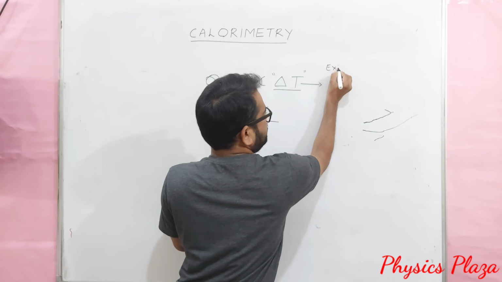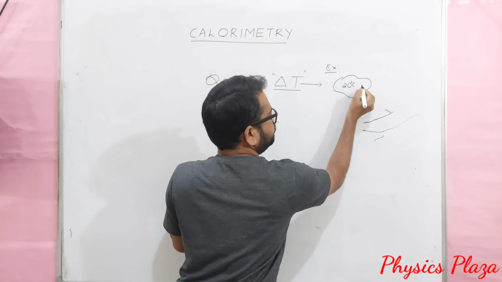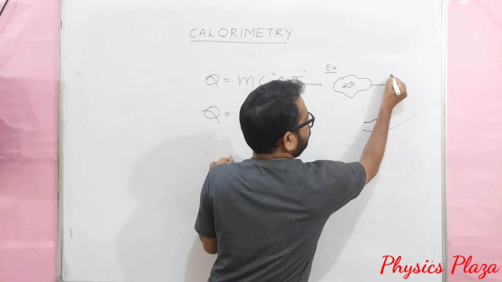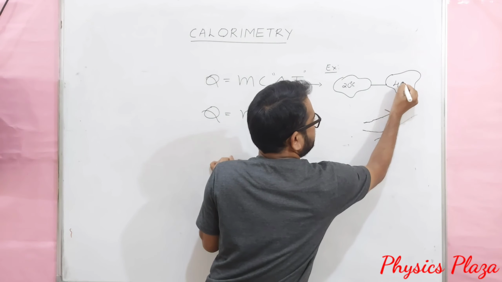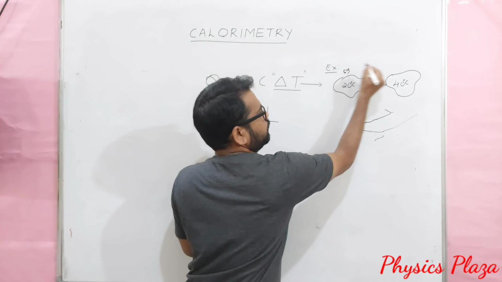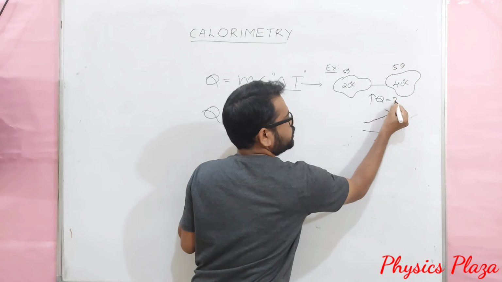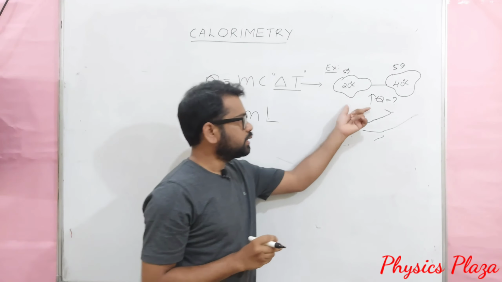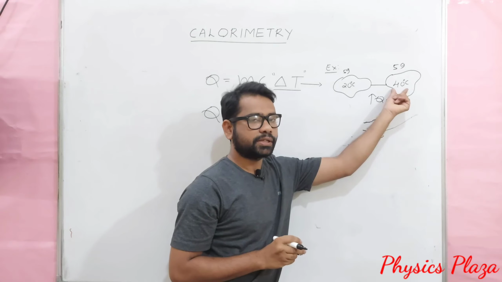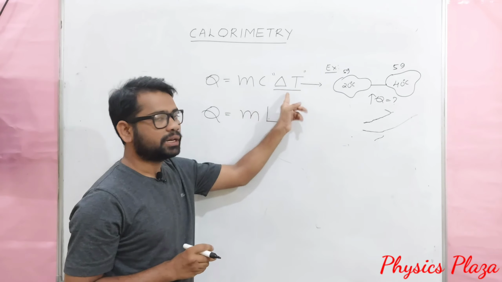Example, it is given like this. Water at 20 degrees Celsius is heated so that it gets converted into water at 40 degrees Celsius, for some amount like 5 grams of water. Then what is the amount of heat required? Q is equal to how much? In this case, there is no change in state. Here it is water at 20 degrees Celsius only, and water at 40 degrees Celsius only. There is no change in state, rather there is a change in temperature. Then we can go for mc delta T.